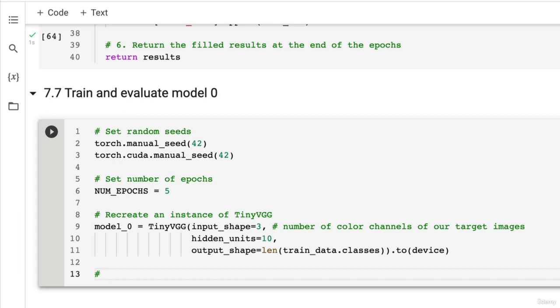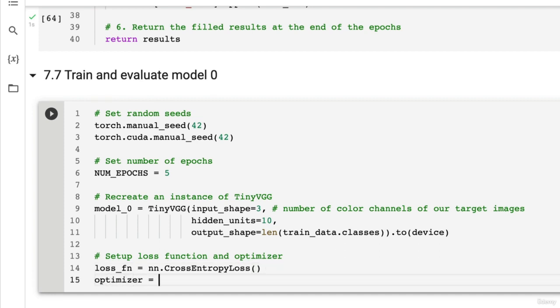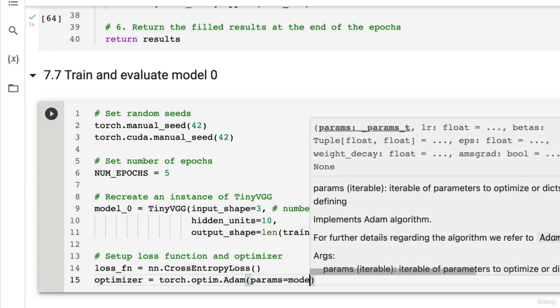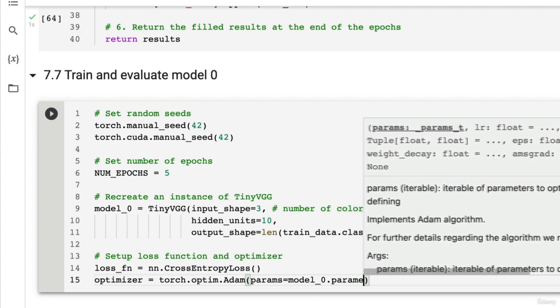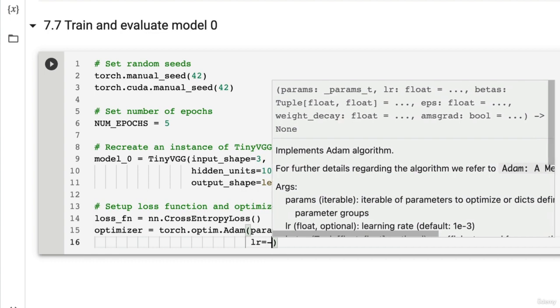So what do we do now? Well, we set up a loss function and an optimizer. Our loss function is going to be, because we're dealing with multi-class classification, nn.CrossEntropyLoss, if I could spell, cross entropy loss. And then we're going to have an optimizer. This time, how about we mix things up? How about we try the Adam optimizer? Now, of course, the optimizer is one of the hyperparameters that you can set for your model, a hyperparameter being a value that you can set yourself. So the parameters that we want to optimize are our Model 0 parameters, and we're going to set a learning rate of